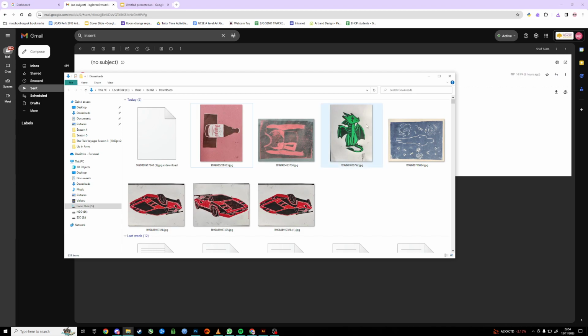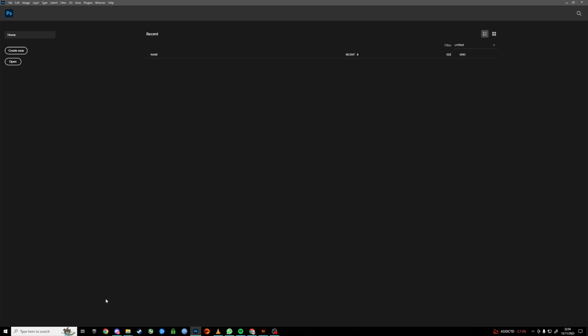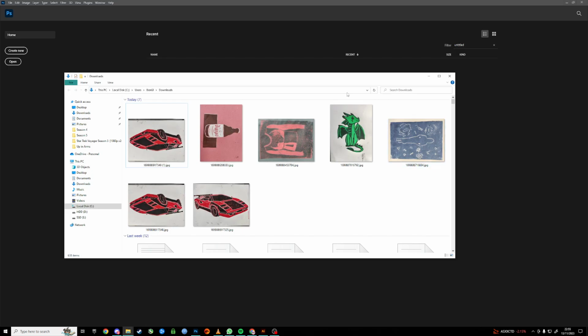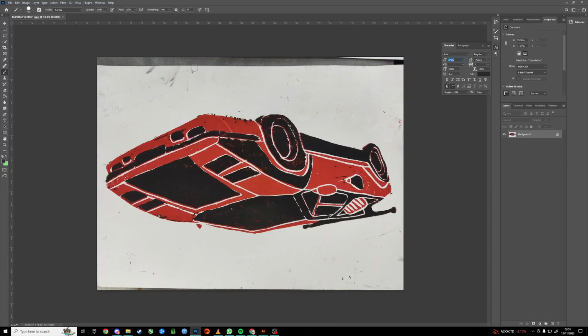Once you are in your downloads folder, what you need to do is drag it into Photoshop. So open Photoshop. When you search for Photoshop in the search bar in the bottom left corner, just click on whichever version of Photoshop comes up and sign in with it. Once you've logged in through Google and all of that is done, find the picture that you want to use. I'm purposely picking this one because it's upside down, and drag it into Photoshop, and it will automatically open it